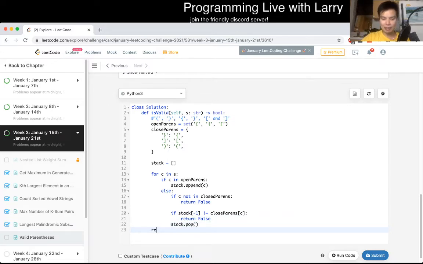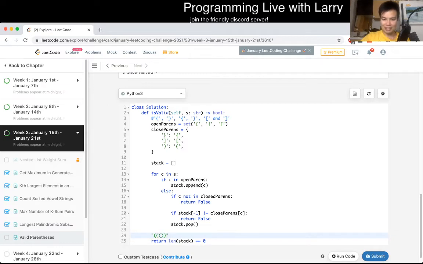And that's pretty much it. At the very end, once you've gone through the entire string, you return true, except, well, that's not quite true. There are actually a couple of edge cases that I forget, but this is assuming that it's well formed. But we actually have to return whether the length of the stack is equal to 0, because if a character is left over, that means that, like if you have something like,